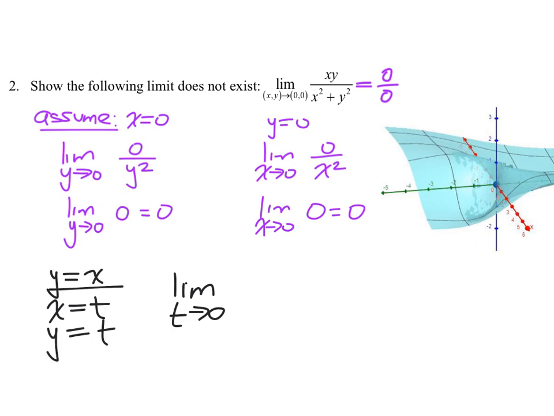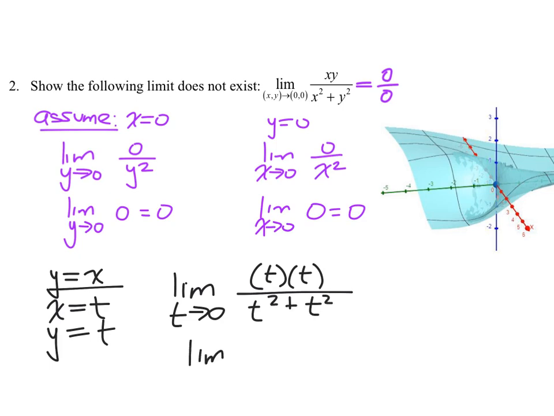Because both x and y are going to 0, and t is taking on the role of both x and y. And the reason why t is taking on x and y is because I'm relating x and y. If I call x t, I'm also by definition going to be calling y t. All right. So if that's the case, then I'm looking at a new relation, t times t over t squared plus t squared,